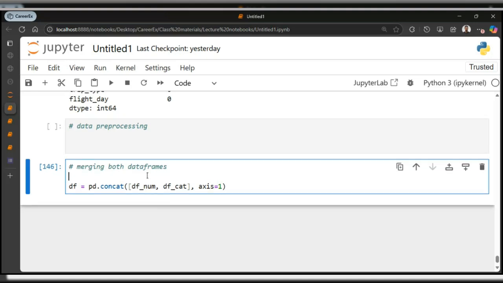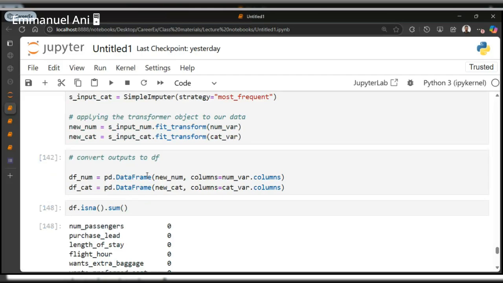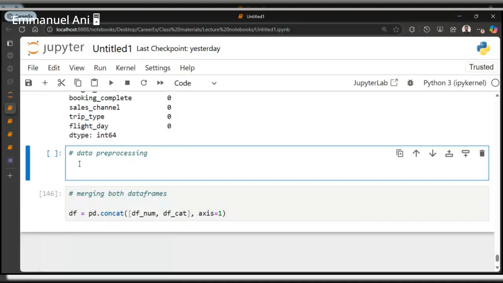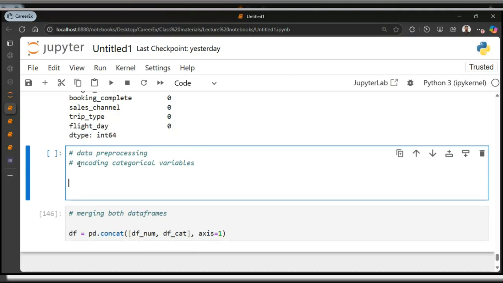All right. So let's still get our df cat and df num. We want to encode our categorical variables basically. So encoding categorical variables. We've imported our OneHotEncoder, right? So we just create a OneHotEncoder object, OneHot, and then we can come and say OneHotEncoder.